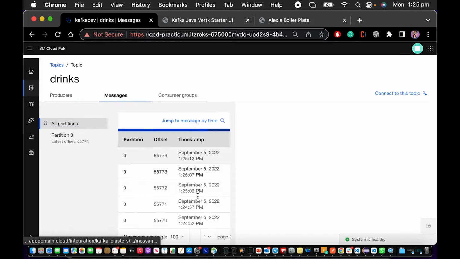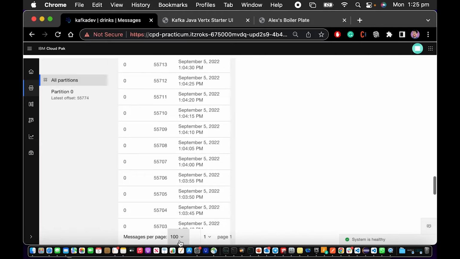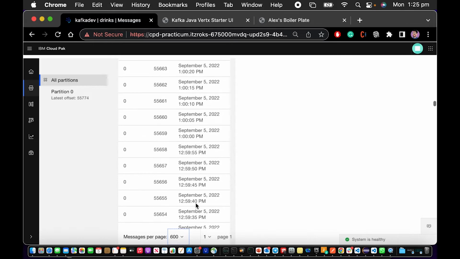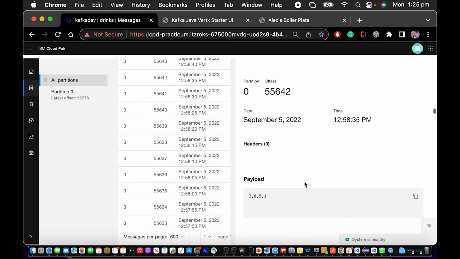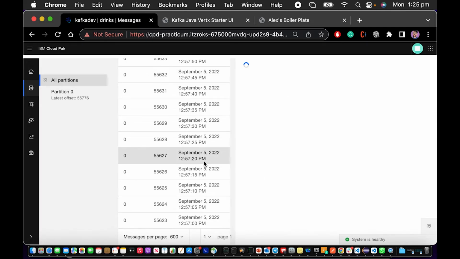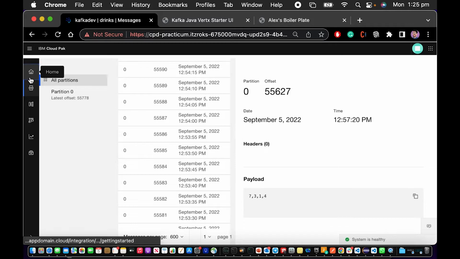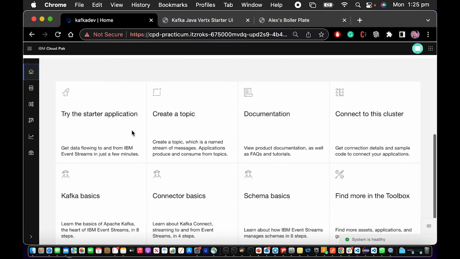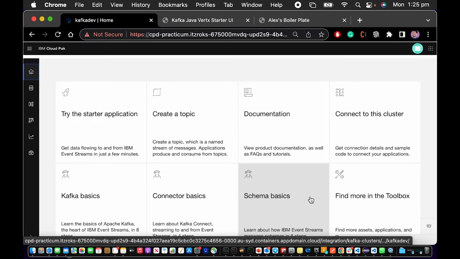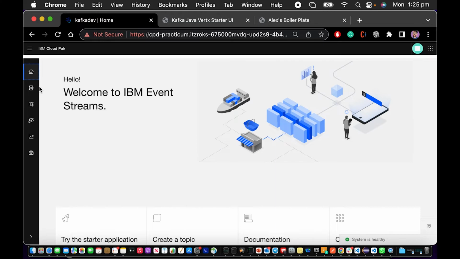So we can look at the messages and here you can see every single message. Now, once again, differently from other types of queues, we don't actually have the knowledge of who has consumed this at this stage. This is a very classic pub and sub, so we are not keeping track of who is consuming it. Which is why Kafka is actually a very fast mechanism because we are trading